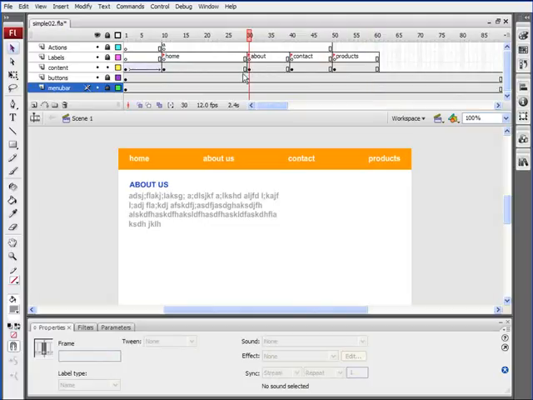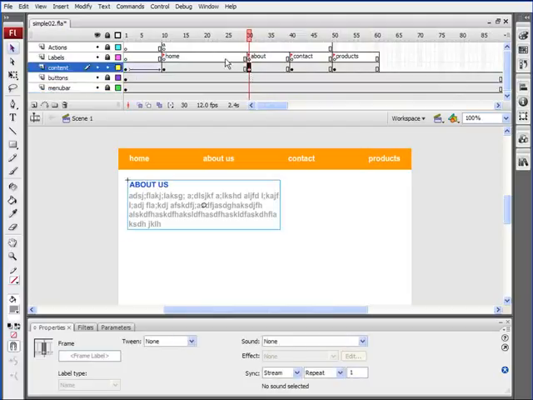Well, we want it to take the same amount of time as our home page, and our home page went from frame 1 to frame 10. So our About page is going to go from frame 21 to frame 30. So we'll click on frame 30 for the content layer to select that keyframe, and then drag that keyframe back to frame 21. Now with that keyframe in frame 21, we'll click on frame 30 and hit F6 to add